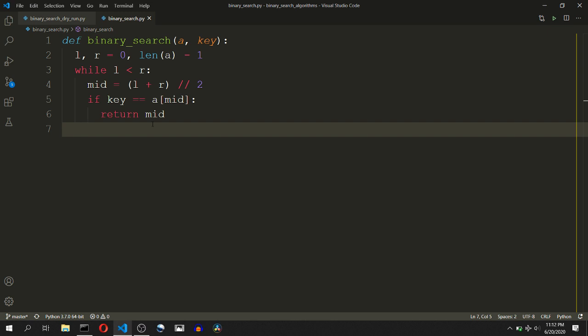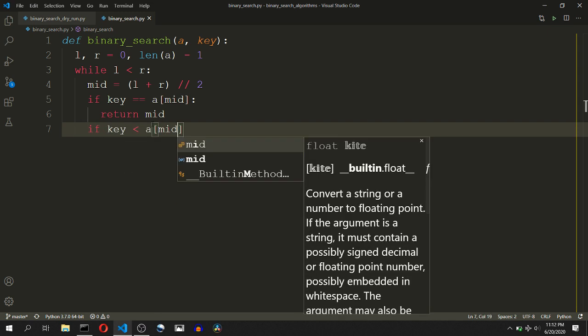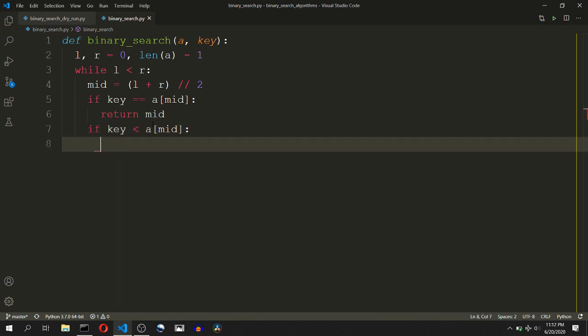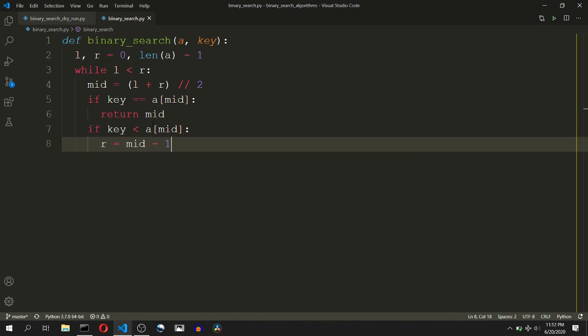For the key to be present in the left half, the key should be lesser than the middle element. If this condition becomes true, we can reduce the right bound to mid minus 1.